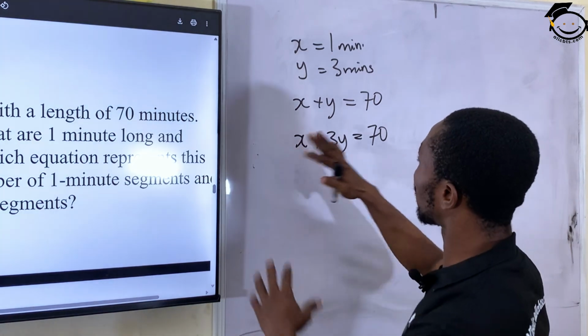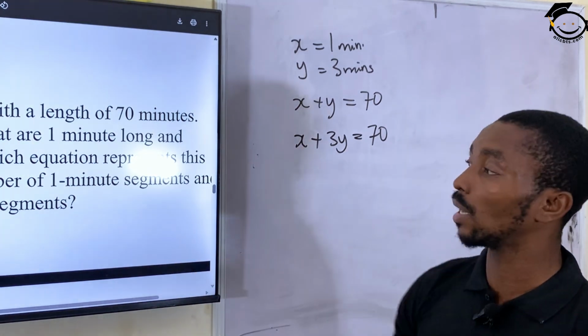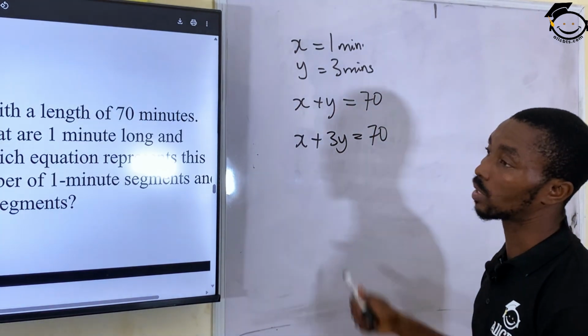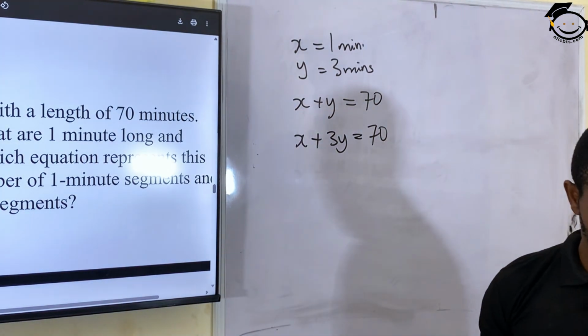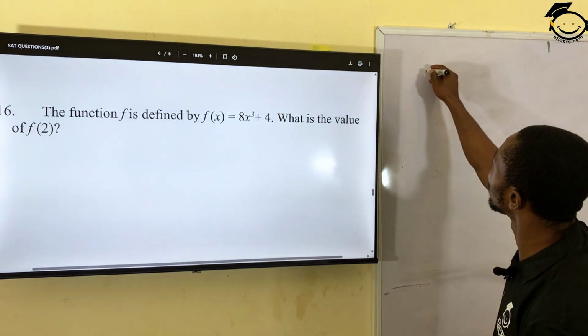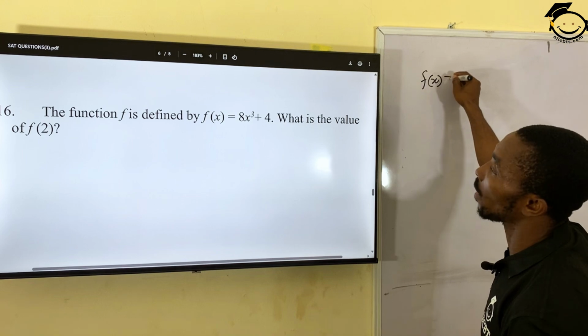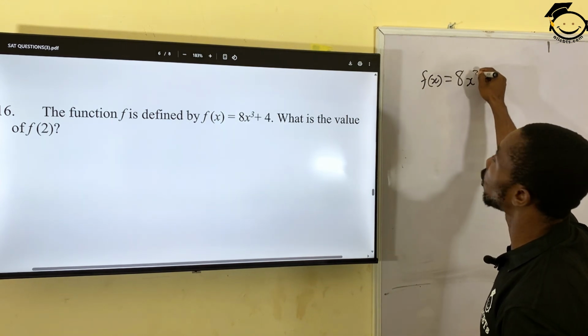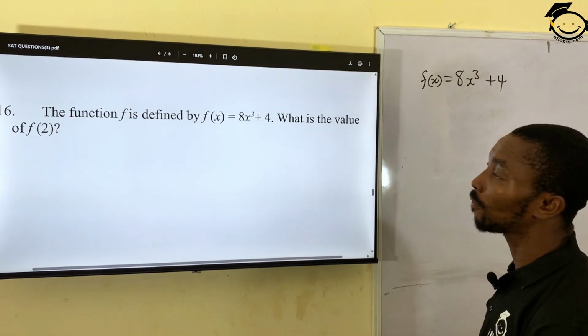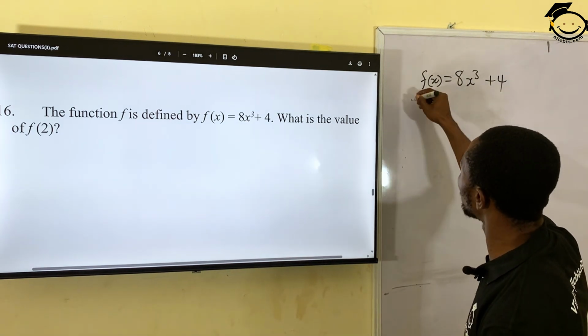So for us to get the total number of minutes covered, it will become x plus 3y equals 70 minutes. The function f is defined by f(x) equals 8x cubed plus 4. What is the value of f when x is 2? So when x is 2,